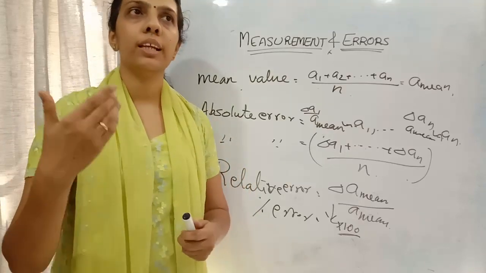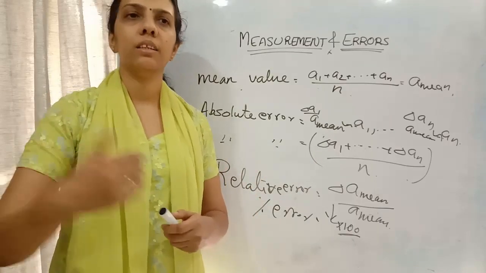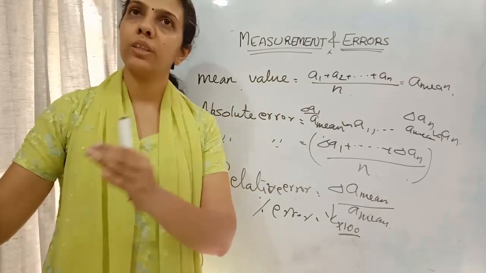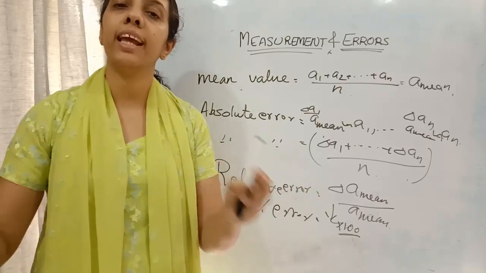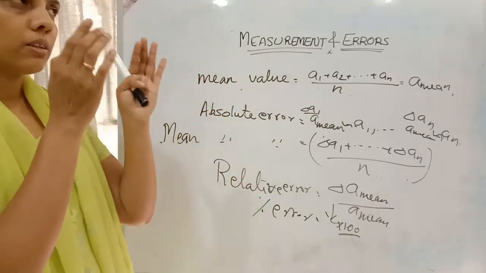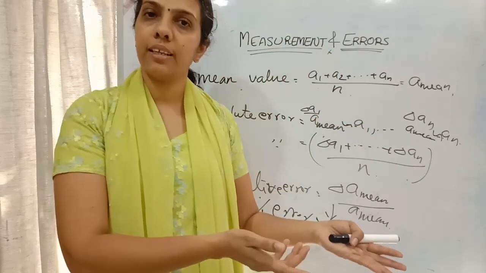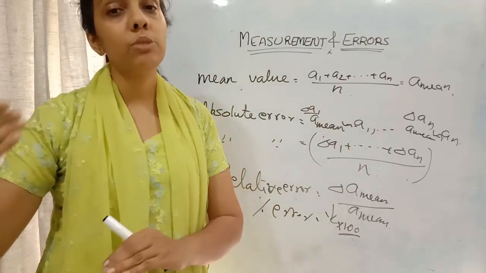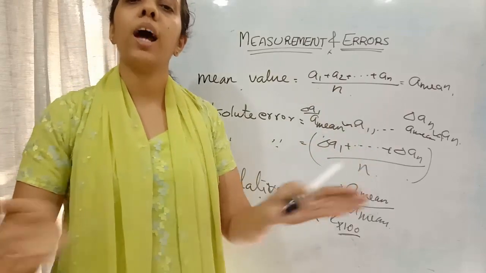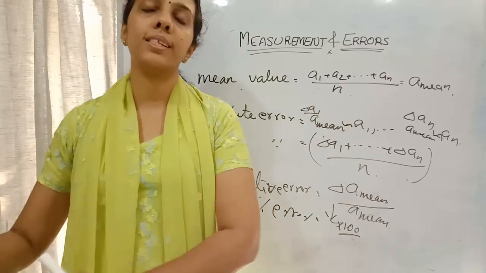Or I am calculating the length of some values. Another measurement, I am finding out the length of one book, and I am finding out the length of another book. What is the difference in length between these two books? When I am measuring the length of one book, errors can occur, right? And in the next measurement also I am taking the length, so there also errors will be coming. When I am adding these two or subtracting these two, how will the error be reflected in the added value or the subtracted value?